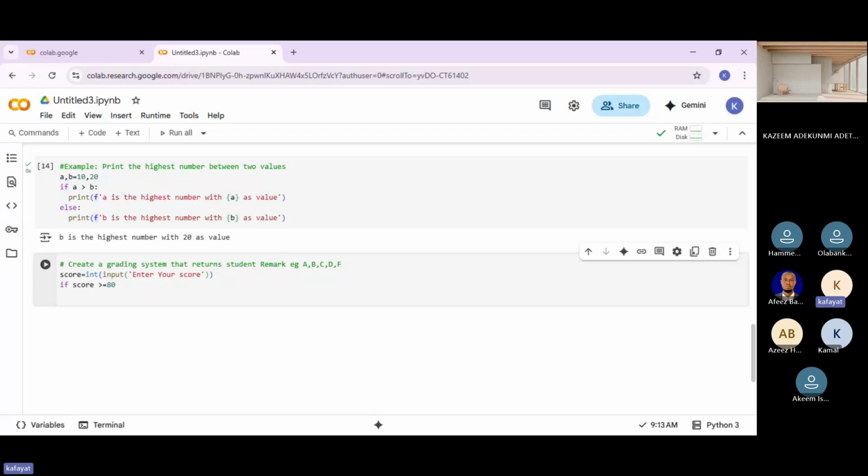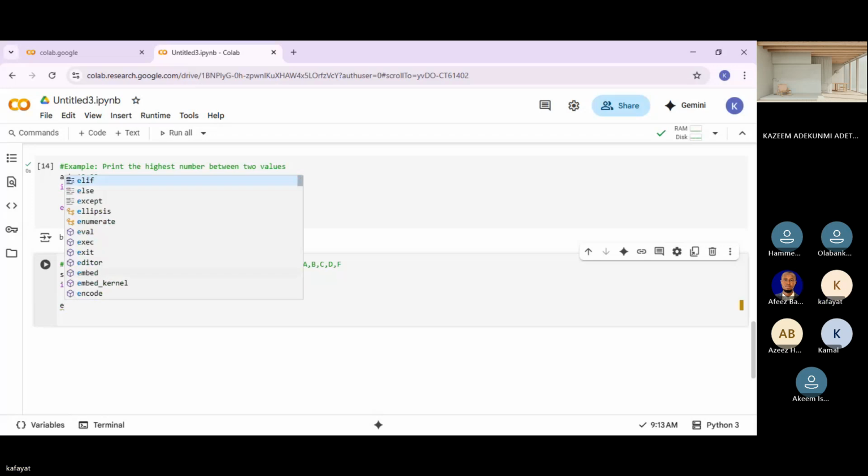You shouldn't get 70 and still expect an A. Then, my grade is what? A. Then I'm not writing it, I'll just say grade. Let me do this. Grade equals to A.